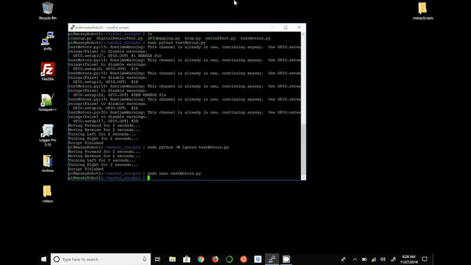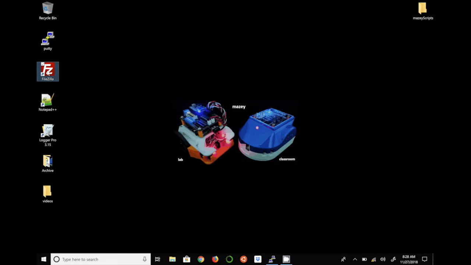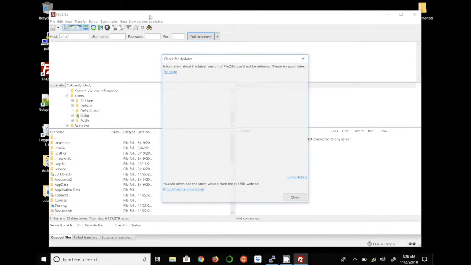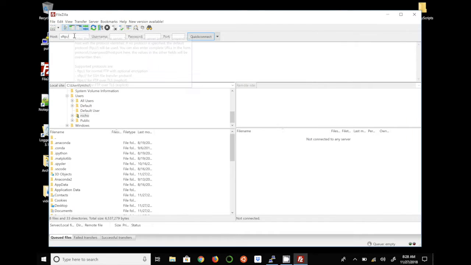All right, so what I'm going to do is open up the program that we're going to use to transfer files. It's called FileZilla. So here's what it looks like. I'm going to go up here to host. Now you're only going to actually have to type this one time. So you're going to do SFTP://. We don't want to check for updates. So it's SFTP, colon, 2 forward slashes, and then that IP address 192.168.42.1. The username pi. The password the same as described earlier, and then port 22, and then you just hit